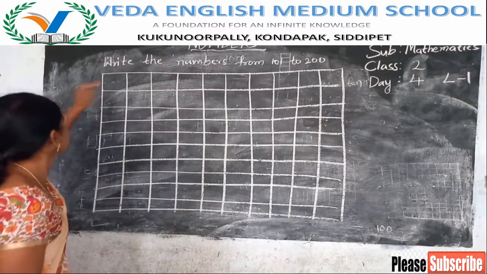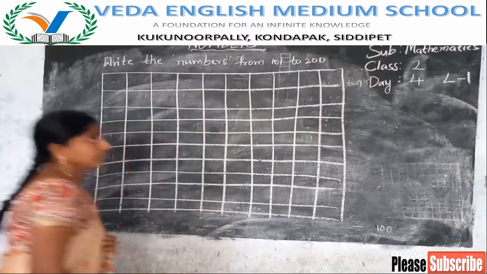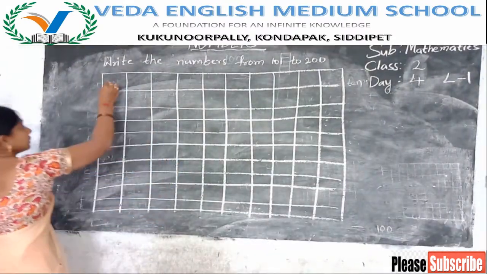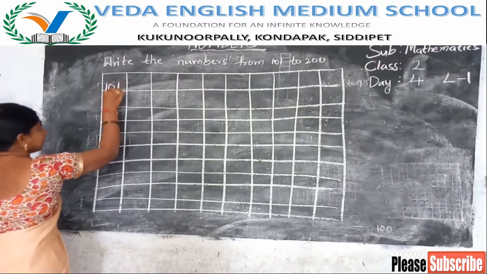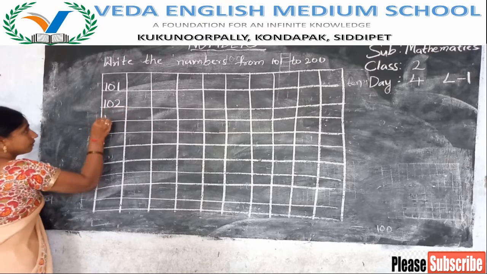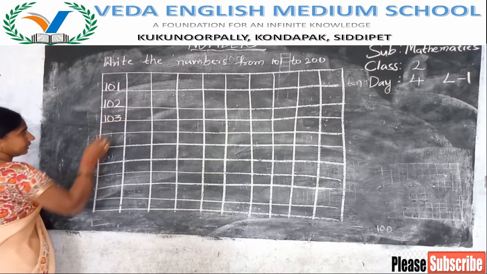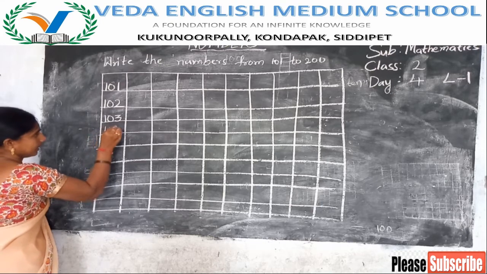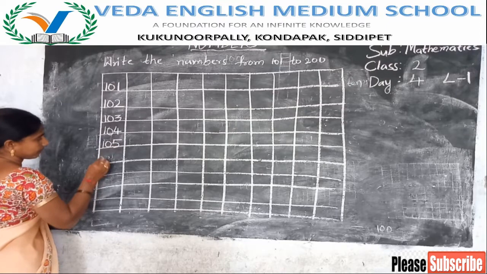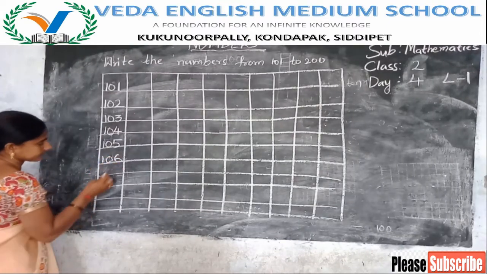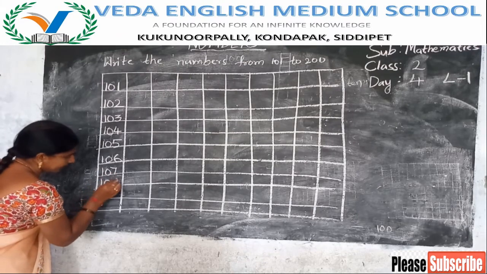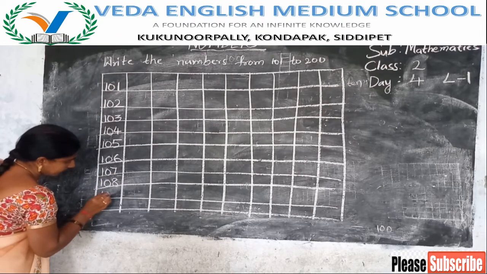Write the numbers from 101 to 200. Already you learned 1 to 100. First, now 101, 102, 103, 104, 105, 106, 107, 108, 109,